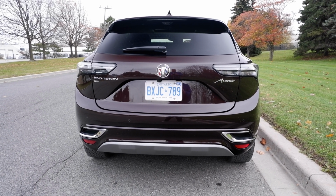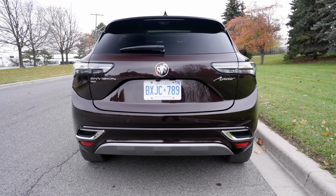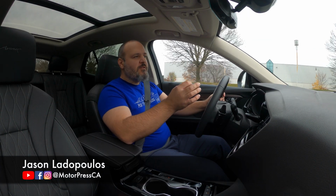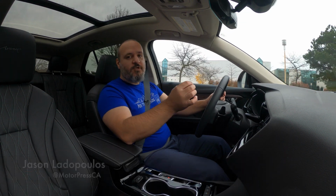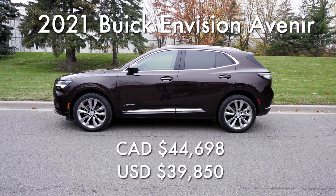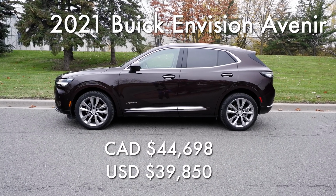It will primarily appeal to the elderly, so it even comes in colors that could save someone's life. For example, this brown purpley kind of color is a very good reminder that if your stool is ever this color, you gotta run to emergency. This sexy looking Envision starts at 44,698 Canadian dollars, which is not bad for what it offers, as long as you understand its purpose and target